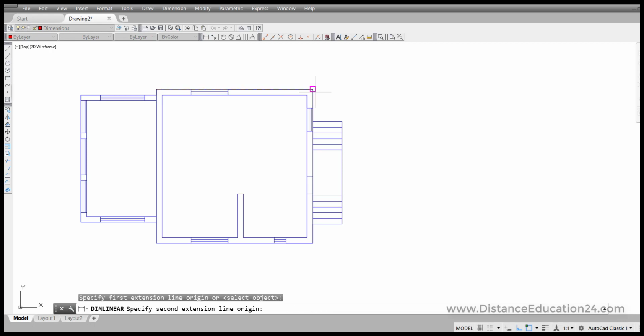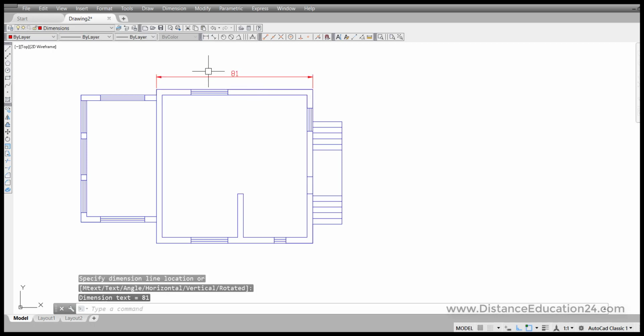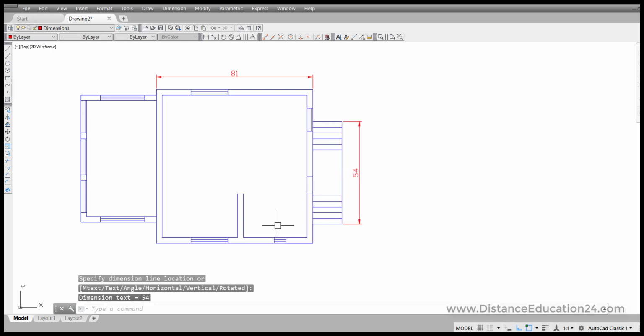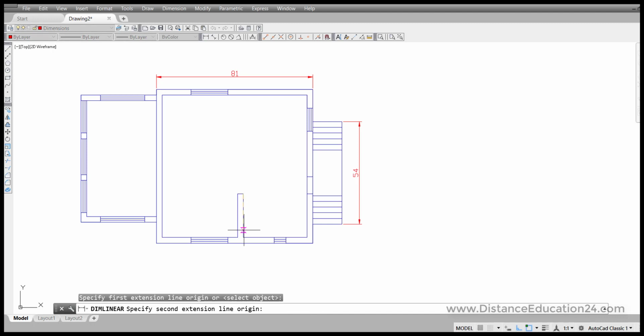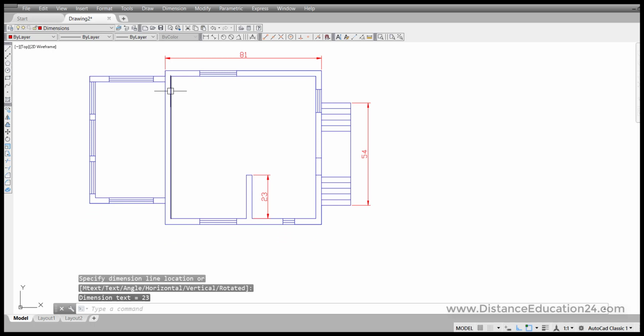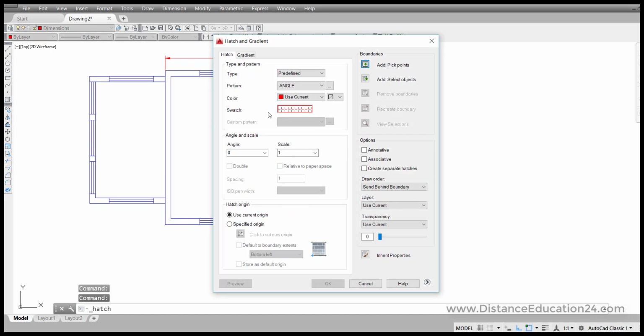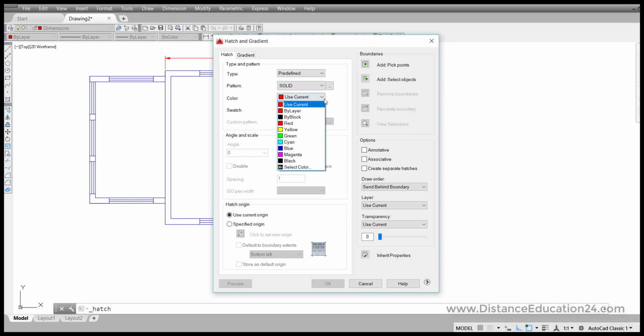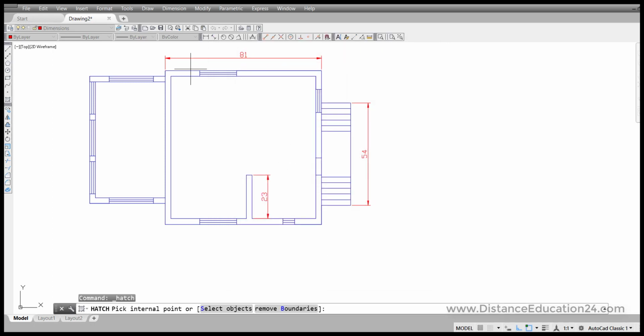and let's put our dimensions on. You can see how easy we can do that. And if we want, we can fill a hatch into our house plan. Let's take a hatch and let's select solid. Let's choose a color, black. Let's pick point,